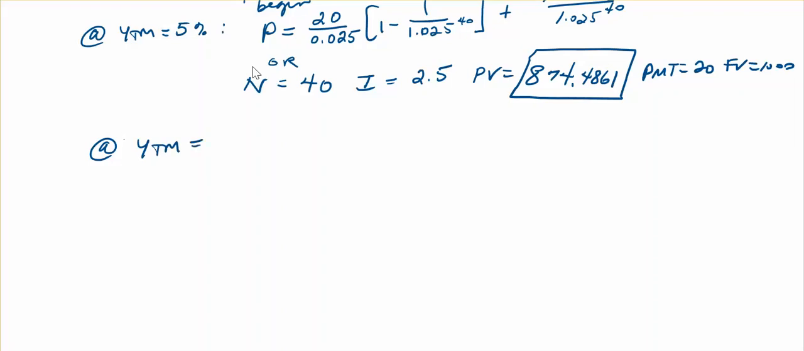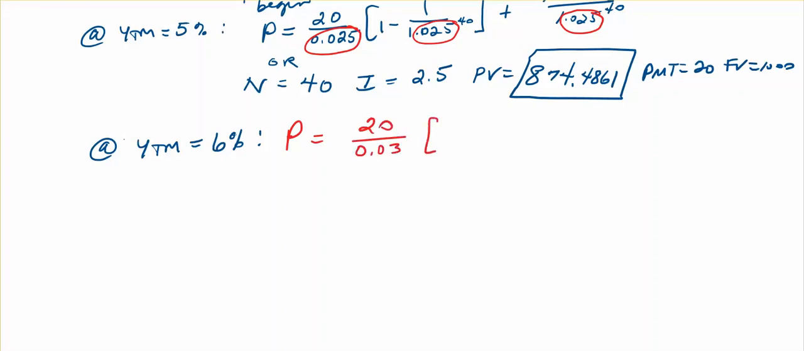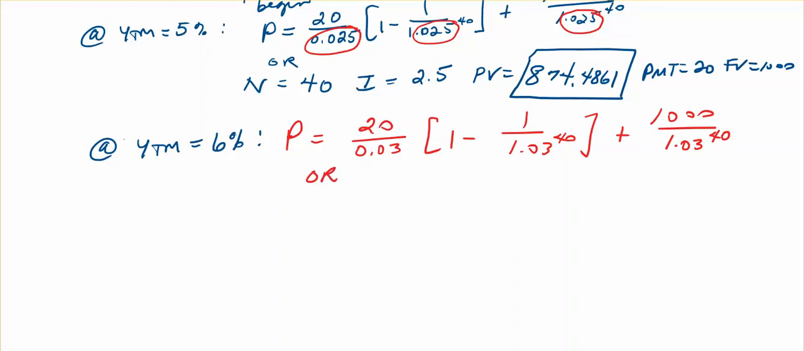Now let's find the price of the bond at 6%. We can either replace all of these discount rates with 3%, go ahead and write that down just so that you can see clearly what I'm talking about. Or